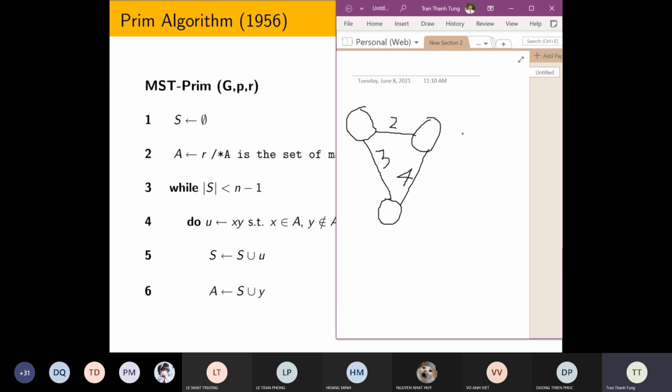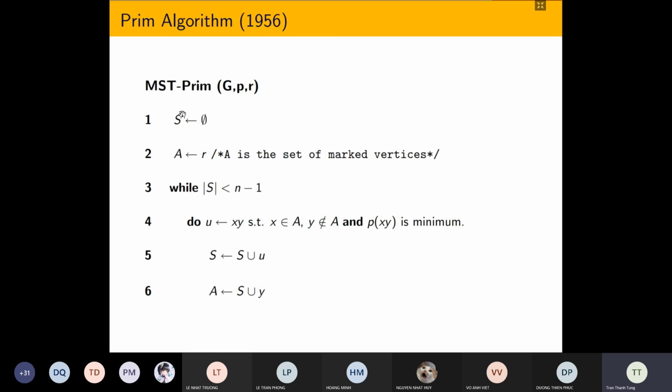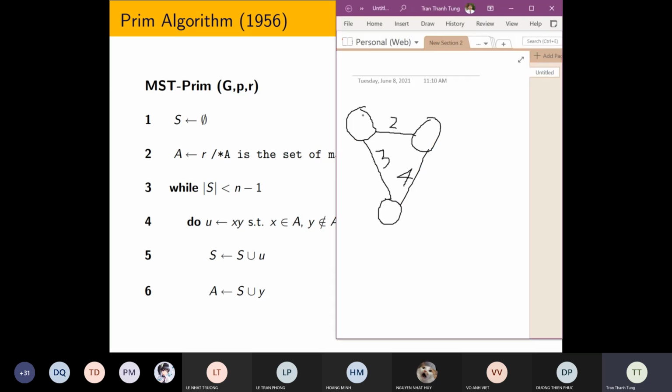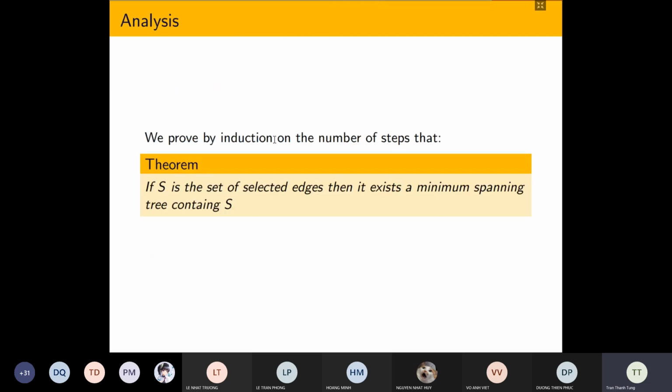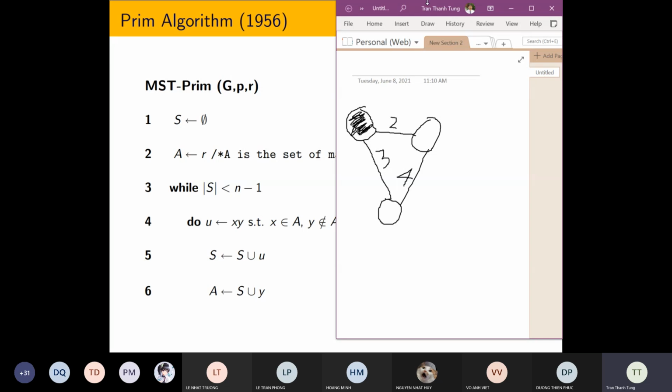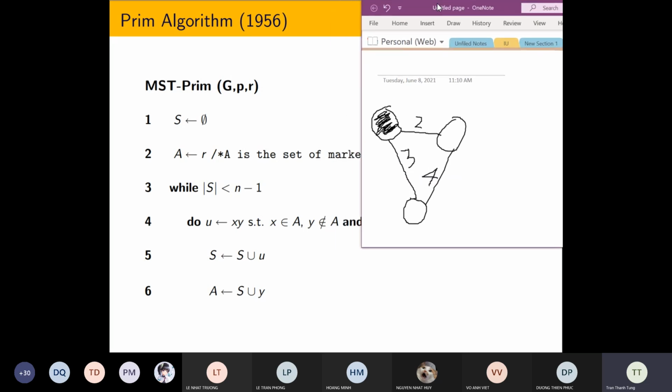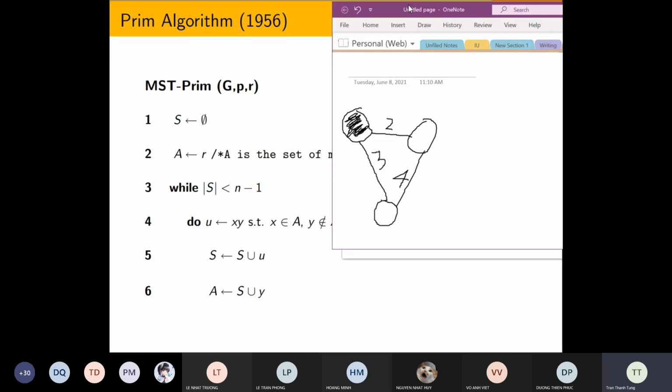Now the algorithm, as I said, at the beginning we set everything to empty. We put the set as marked vertices. We start from one given node. So we start from here. We put it in the marked set. Next step, we try to expand from that node. Now what we do is try to take